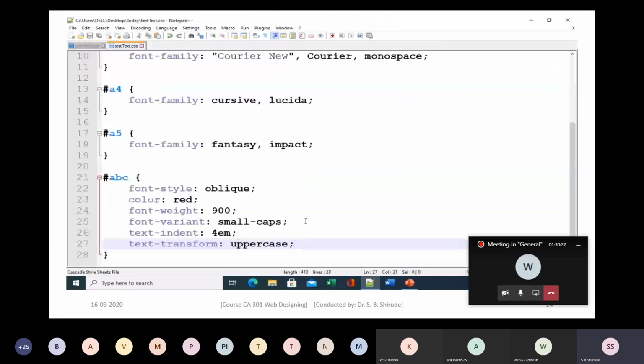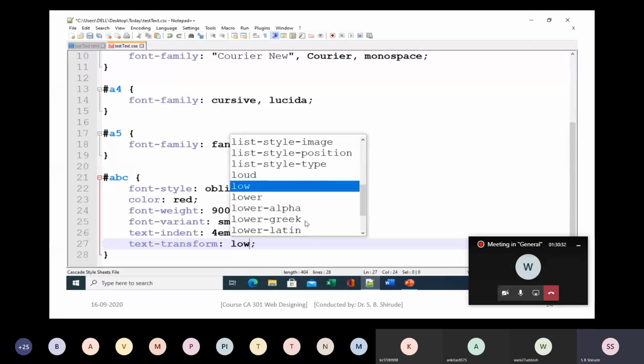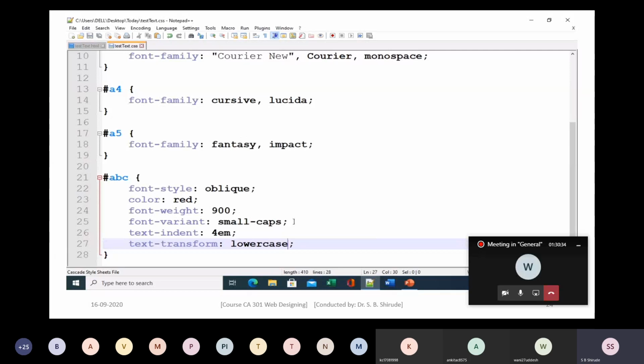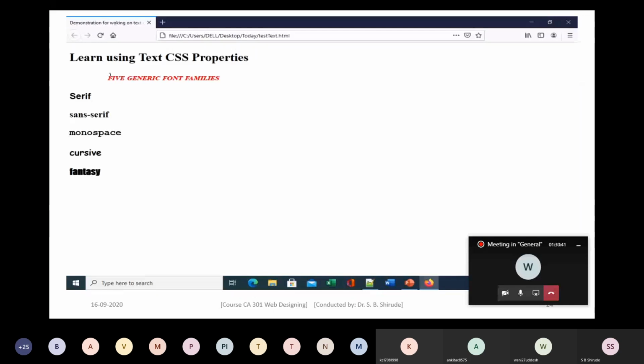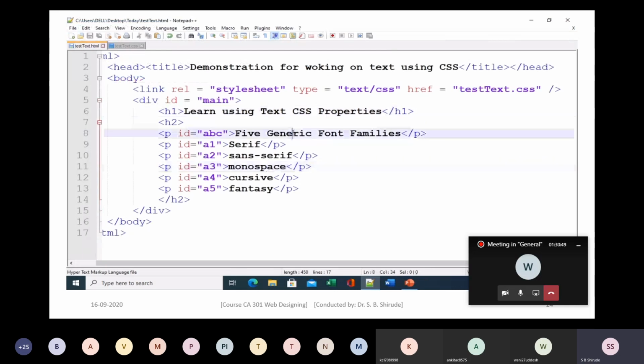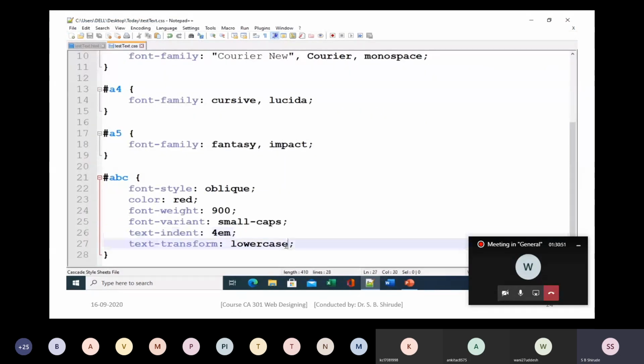If I give lowercase, all the letters will be in small font. See the difference between uppercase and lowercase.